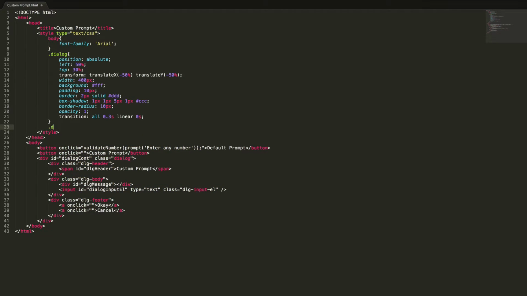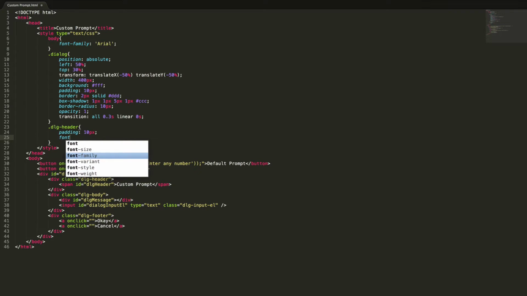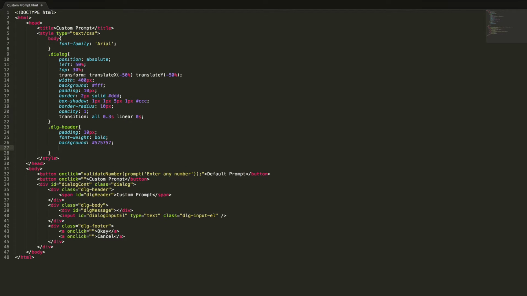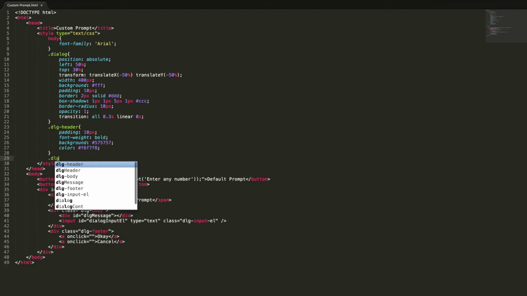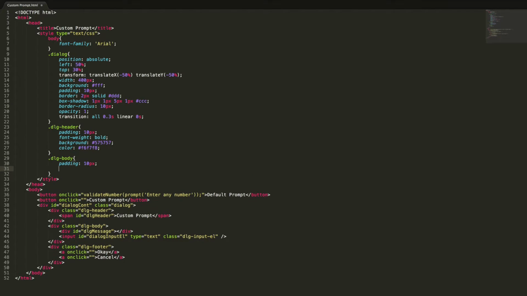And next one is dialog header. So we need to set the header padding 10 pixel, font weight. Since it's a heading, I want to set the font weight to bold. Background color to 575757, and color to F6F7F8. Dialog body, padding 10 pixel, line height 30 pixel,